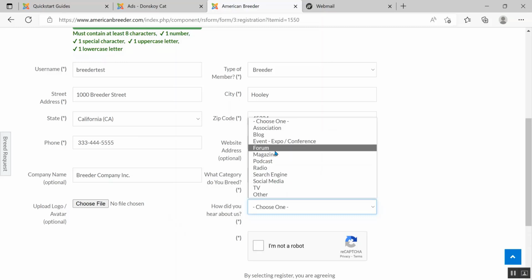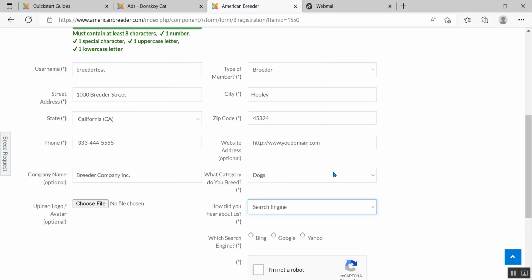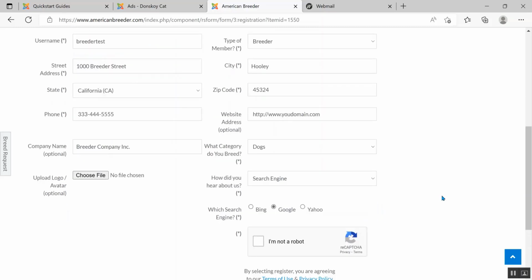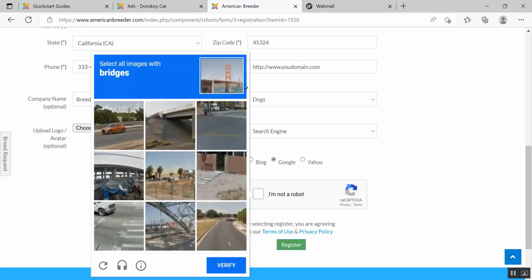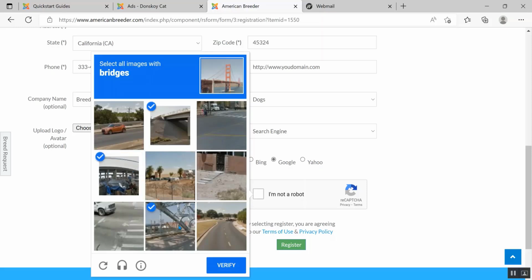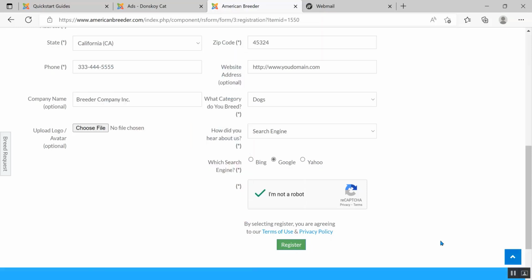So select one of these and then be specific in which one referred us. And then finally, make sure you let us know if you're a robot or not. And that way we can filter the spam from the website. So you just select the pictures that apply. And then when you hit the registration button,